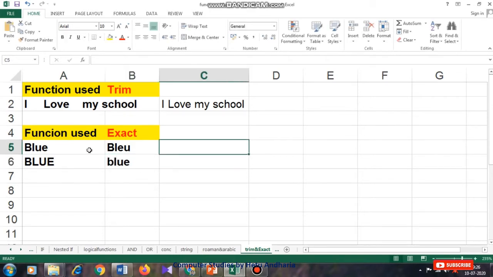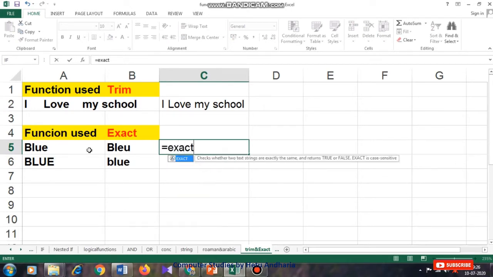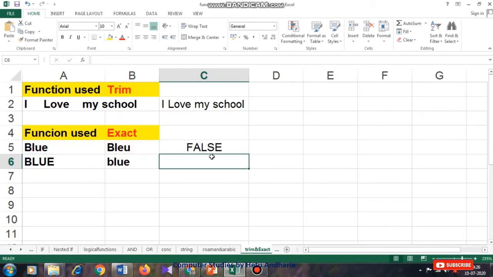Fine. Now let's check. Is equal to EXACT, text 1, that is A5, comma, text 2, that is P5. So here the result is false, while here also the result is false.